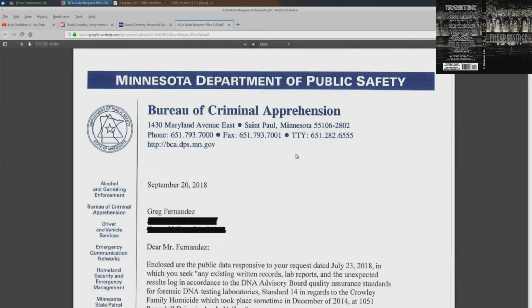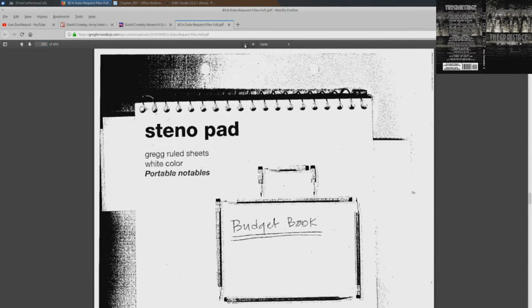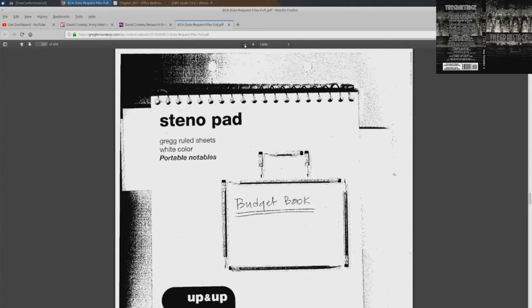And what page of the PDF did it start at again? On the PDF, if you go to page 285, that's where it starts, and I'm going to jump there too. So 285 is where it all begins. Originally this was an 80-page notepad, and when the police found it, there were only 59 pages, front and back too.